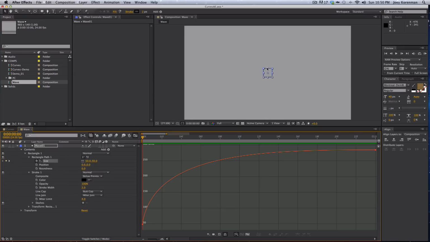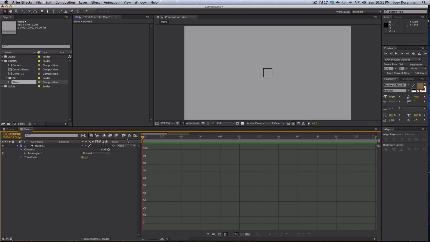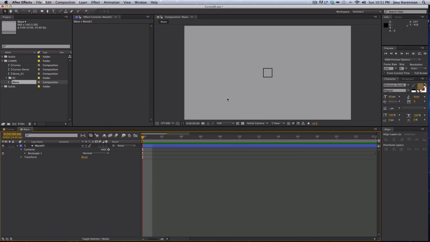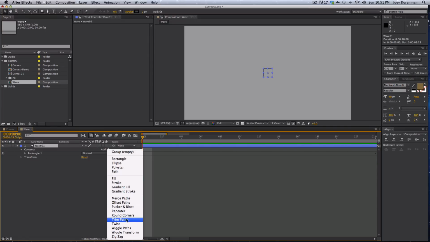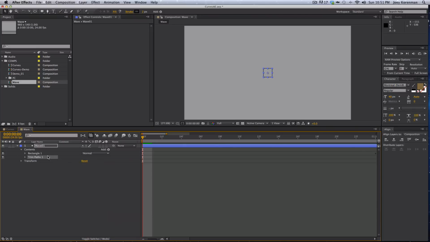Then the next thing I wanted to do was, I didn't want the entire square drawn on. I just wanted a piece of it, and I kind of wanted it animating a little bit. So I'm going to show you guys a trick that I like to do, and I've done this in a lot of projects, and you can get some cool effects with it. What you do is you add a trim paths effector. I'm not sure what these are called, but you add a trim paths to this, and then you open it up, and what trim paths does is it lets you determine the start and end of the path